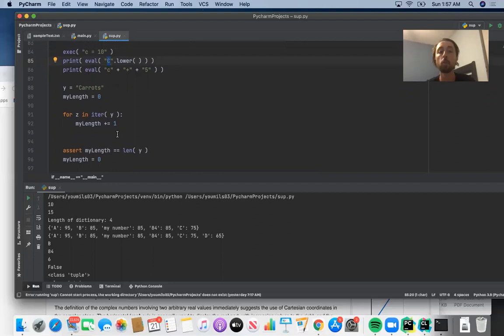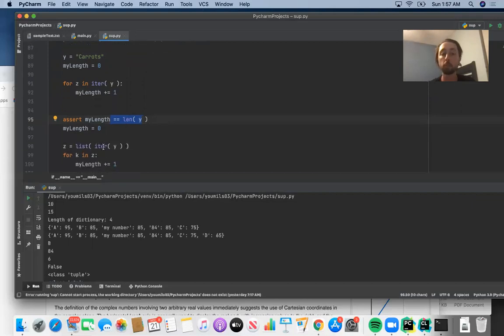So presumably, we're going to use an iterable, and we're just going to increment the value of a variable for every element that's in the iterable. And here a string is considered a type of iterable. Like we can call iter on a string or a list or a tuple or a set or a dictionary or a frozen set. So then if we say iter of y, and then we could say my_length plus equals 1, and that would just increment my_length from 0 to 7, because there's 7 characters in that string. And so this would return a true Boolean, and there would be no issue with that assertion, right? The code would still run, and there's no runtime error, because we said that assert would return a runtime error if this Boolean were false.